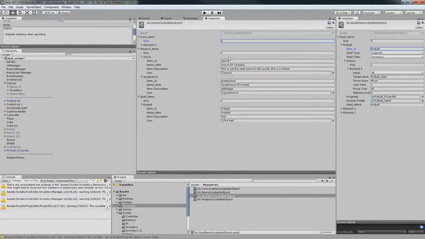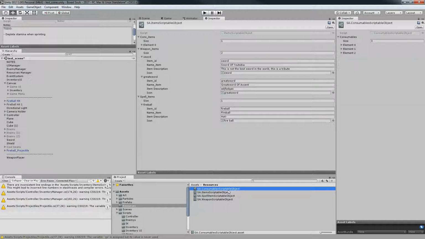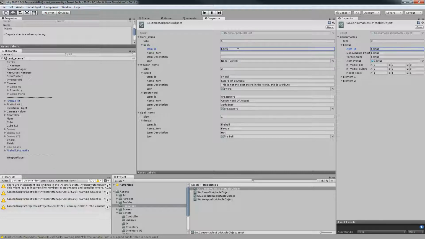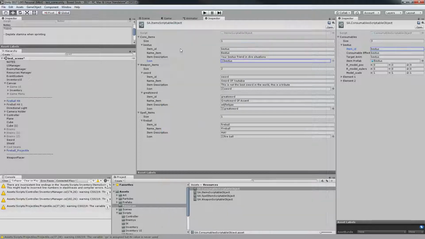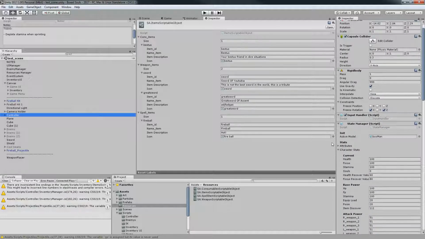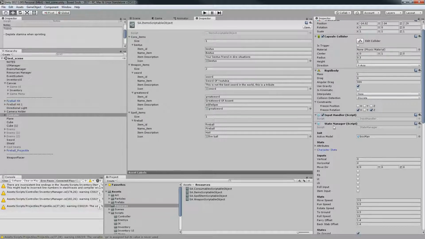For consumable items, let's just do one more consumable. Let's do the Bestus. We only want the Bestus. Bestus, your Bestus friend in dire situations. Okay, straight to the point. Because we're going to get a few errors if we run this at this time,